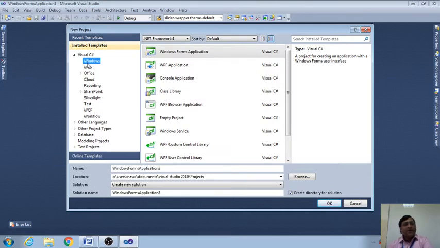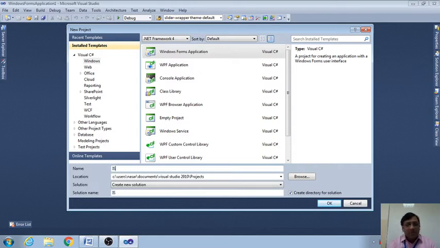Here the option Windows will come, and maybe your version is different from my version, but almost everything is the same. After selecting Windows, I will choose Windows Forms Application. Then I will give the name of the project. If you do not give one, Visual Studio will take a default name.